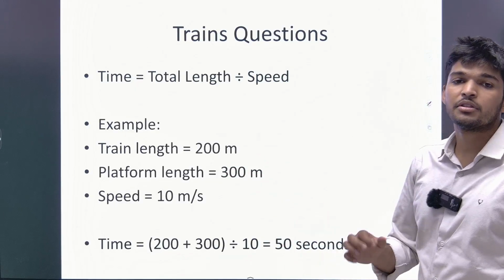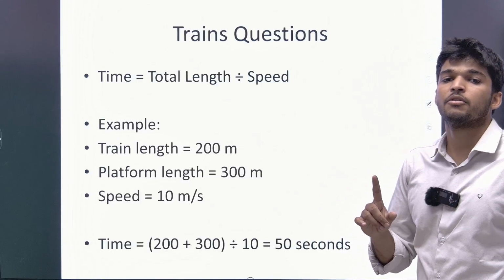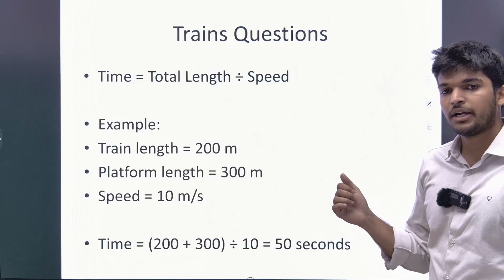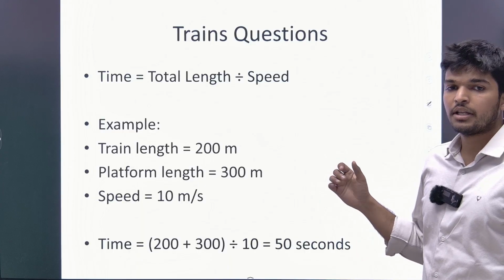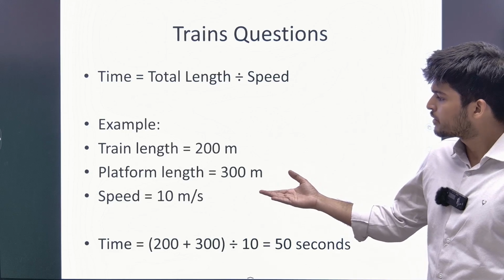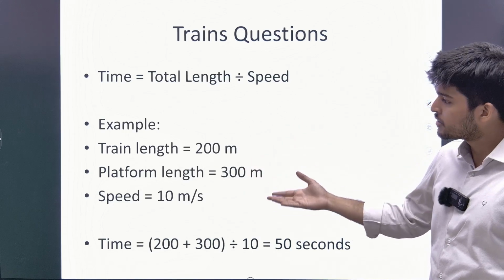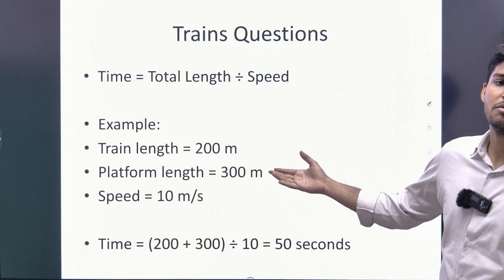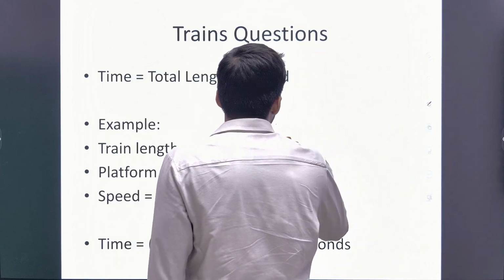In the previous question, the train had to cross a pole. The length of the pole was negligible, so that will not be added. But here in this case, there is a certain length of a platform which is 300 meters, and the length of the train is 200 meters. So the total distance which the train will have to travel would be equal to